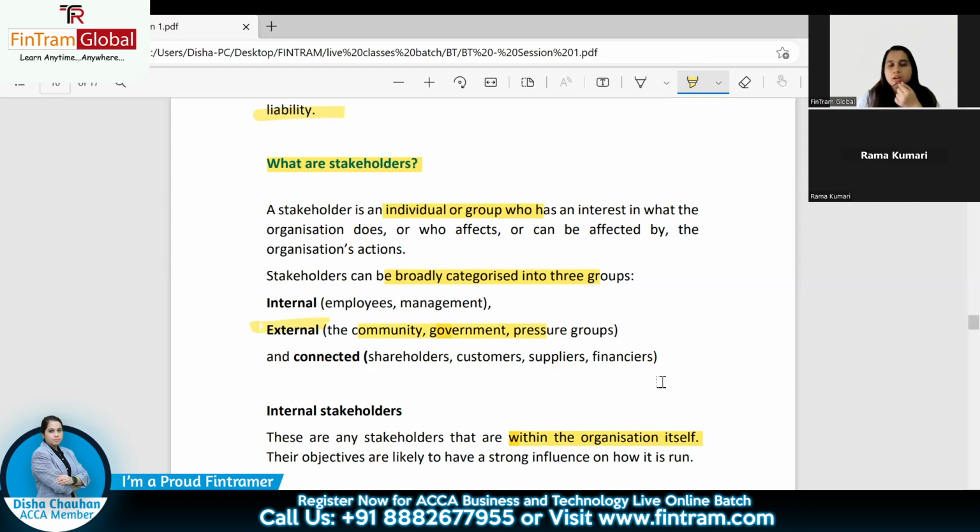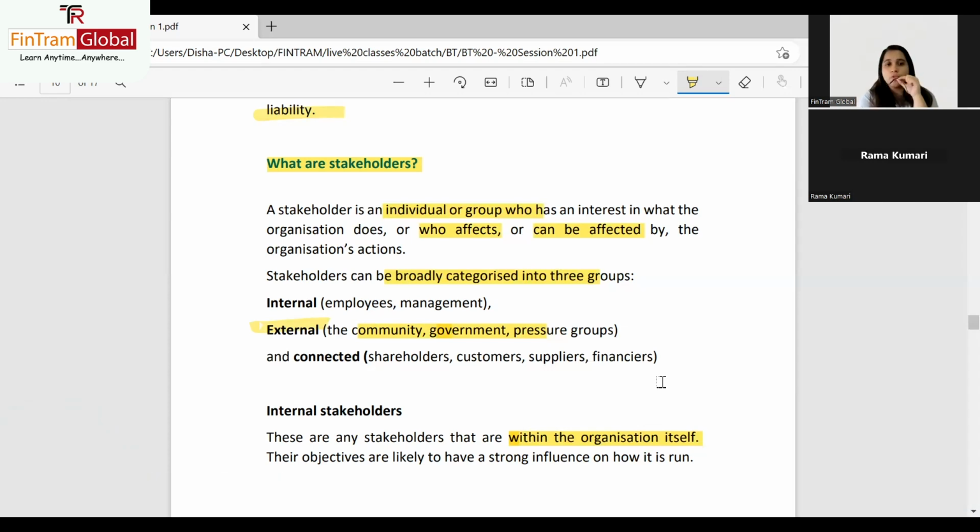So they don't have really, as such, a day-to-day dealing with you. But like I said, a stakeholder could be anyone who affects or can affect it. So government can definitely affect an organization. If I pass a law, your organization could be affected. Pressure groups could too. Let's say there's a pressure group and they say, oh, you've built up a factory here, you are doing too much pollution, the people nearby are facing problems. So the pressure group becomes an external stakeholder, because they could affect your organization's action. You probably now have to put in filters so that the pollution is reduced.